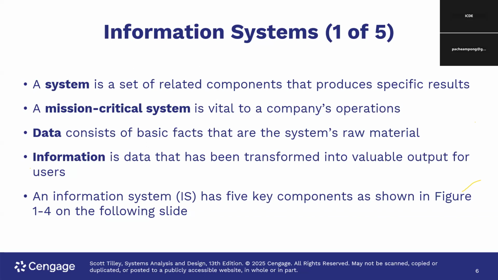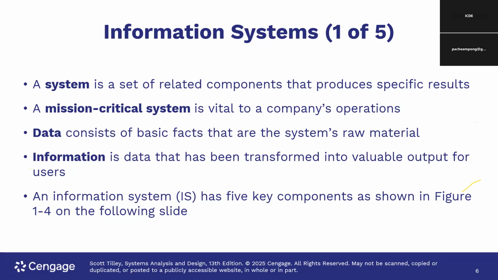When your portal breaks down right now, you can't access any information. You can't download any slide. The lecturers cannot upload their results and all of that. So that's a mission critical system. Another example could be an airline. Imagine the airline has a reservation system and it crashes. What do you think will happen? Your students online portal that I referred to a few minutes ago is also mission critical.